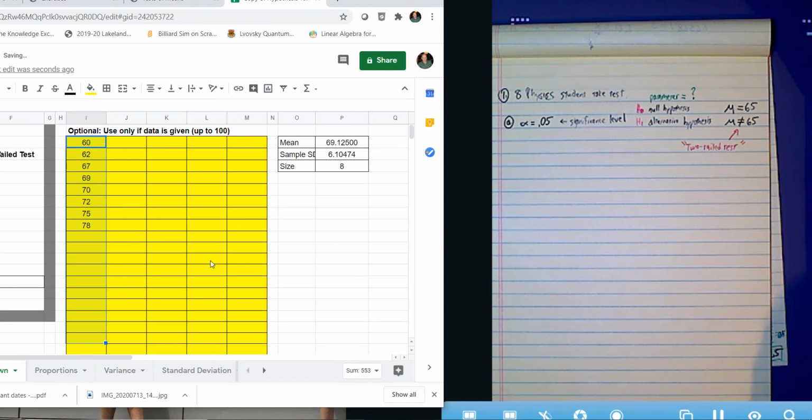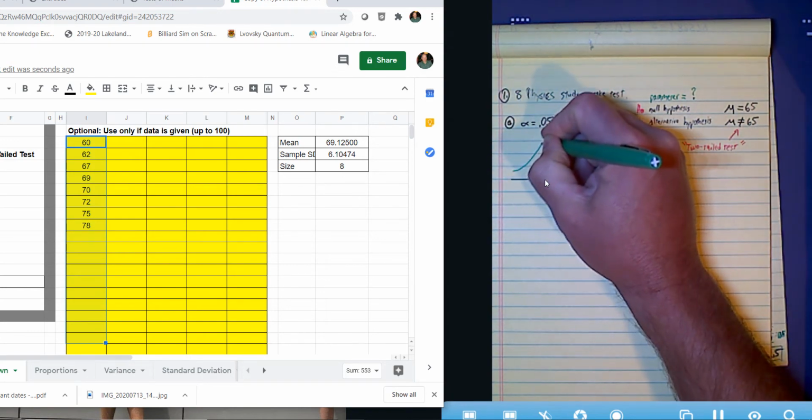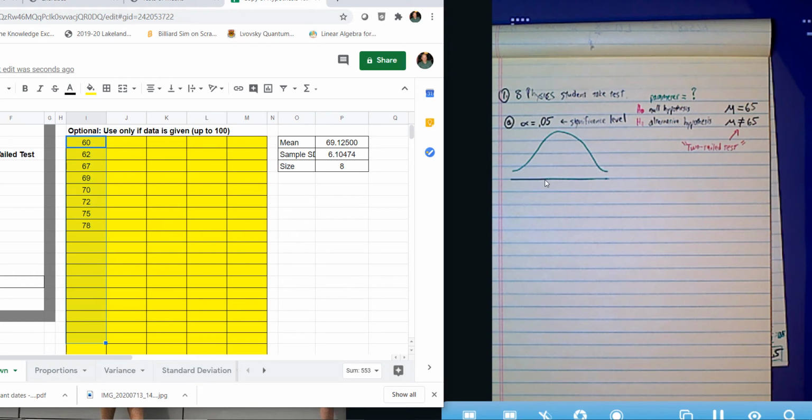hypothesis testing. Sometimes we get a sample mean that is so far away from what we claim the population mean is that we say, hey, that has to be wrong. That's when you reject the null hypothesis. And so the question is, are we going to do that or not? And the idea of when we do it comes down to this picture that you've seen many, many times, right? So you've seen this picture of this bell curve, okay? And the bell curve, of course, the normal distribution, or sometimes we use the t-distribution as well